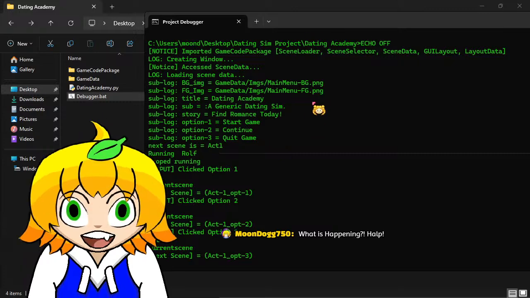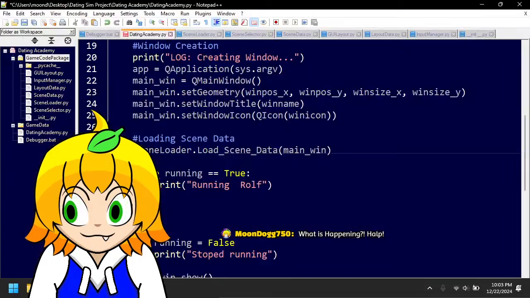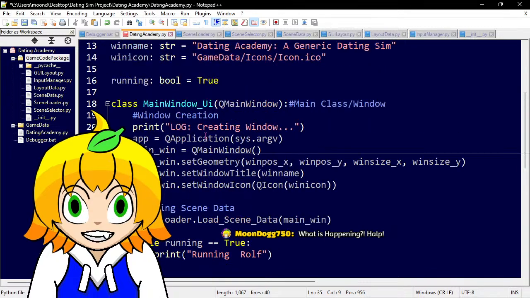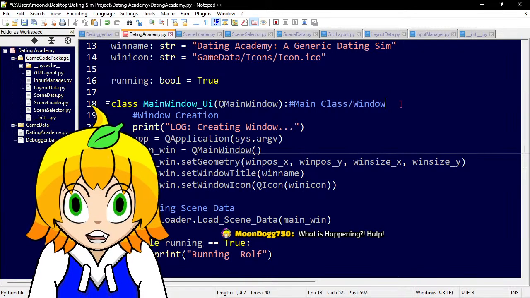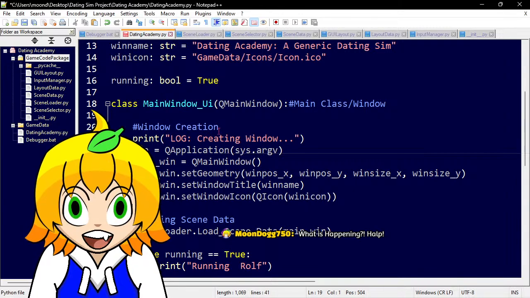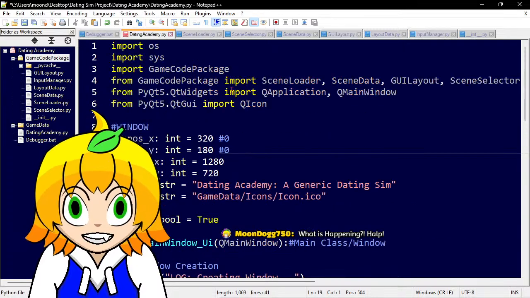So what happened was, going back to here, we have the main menu UI. First thing it does is window creation. We print a log saying we are creating window. So we do the Q application, which is the Qt5 application main window, and through that we also get Qt import icon.